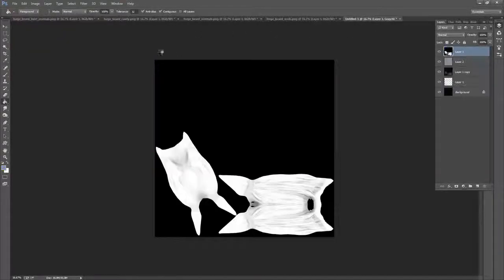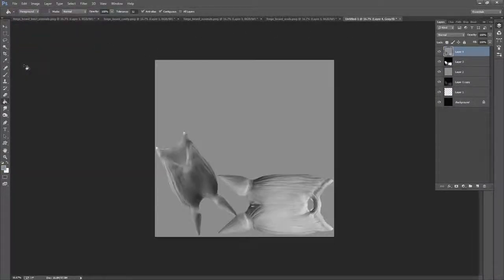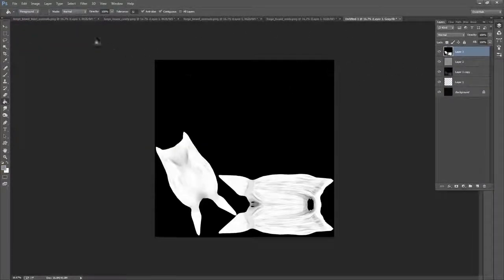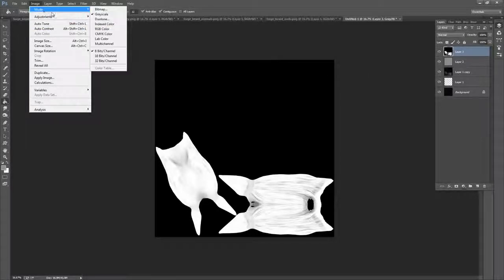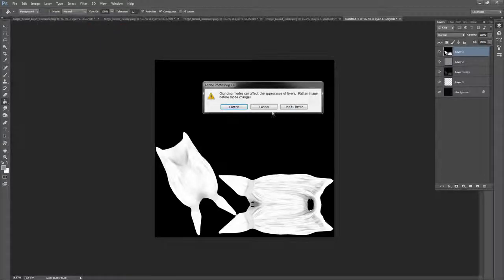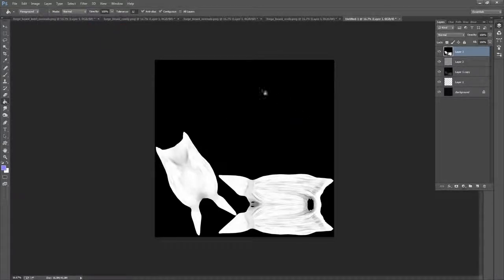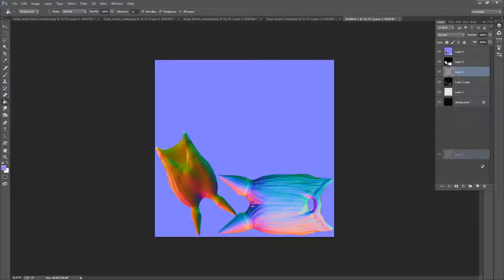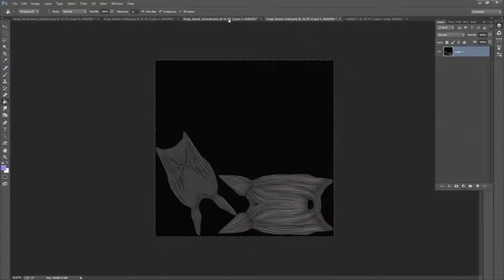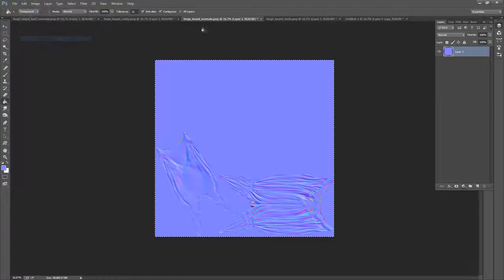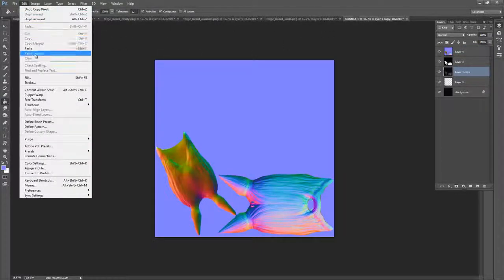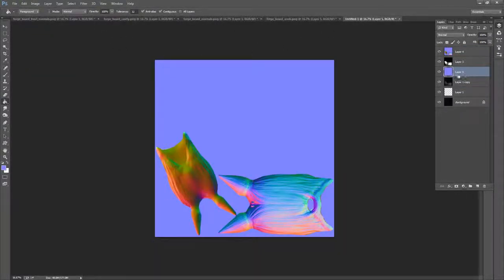Edit, copy, and edit, paste. It looks like this might well be in grayscale. Go into mode, image mode, and then RGB color. Press don't flatten, and then we can paste, and we'll have to put our normal maps back in again. So edit, copy, edit, paste. There we go. So now we have our vcols,